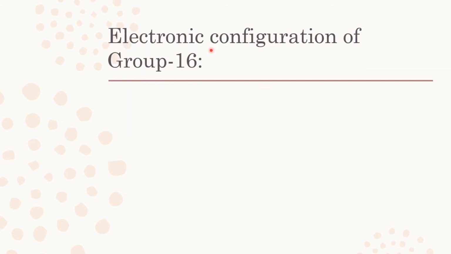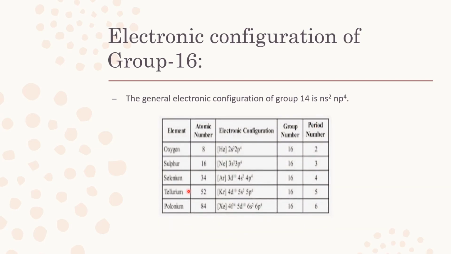And now we are going to see the electronic configuration of group 16. The general electronic configuration is ns2np4. The elements are oxygen, sulfur, selenium, tellurium, and polonium. These are the atomic numbers, and this is the electronic configuration. Let's see one by one. Oxygen, helium 2s2 2p4 is the electronic configuration for oxygen, and for sulfur it is neon 3s2 3p4, and selenium